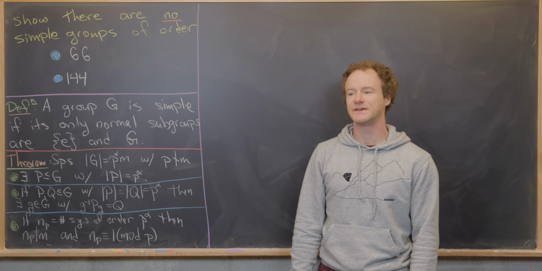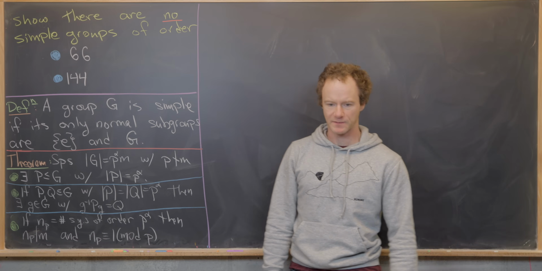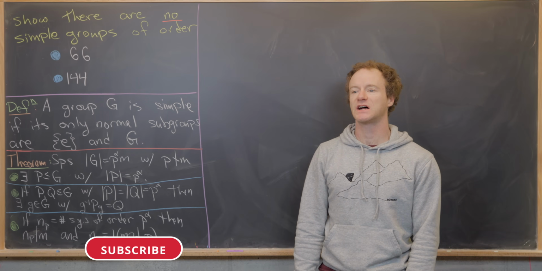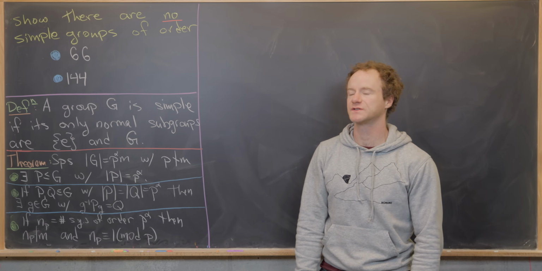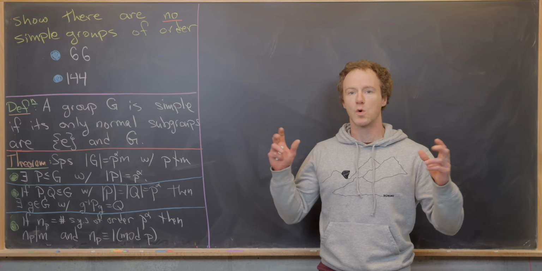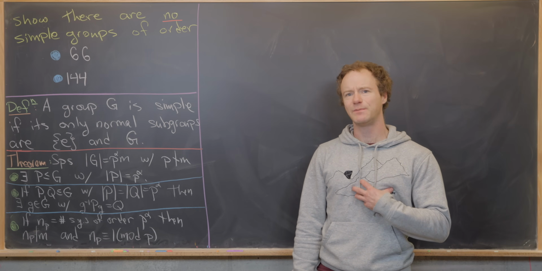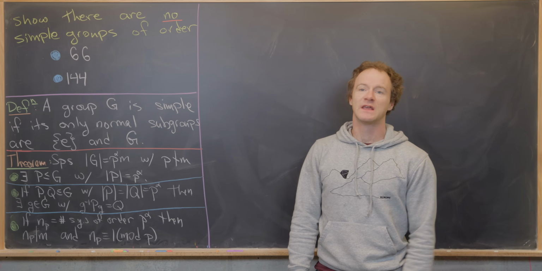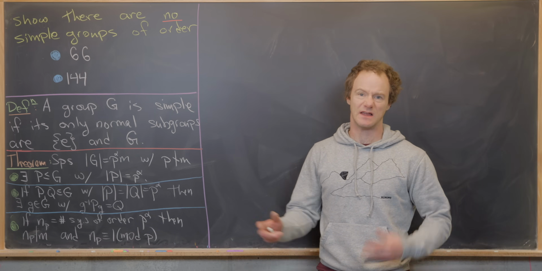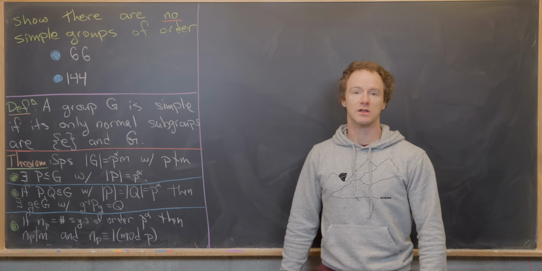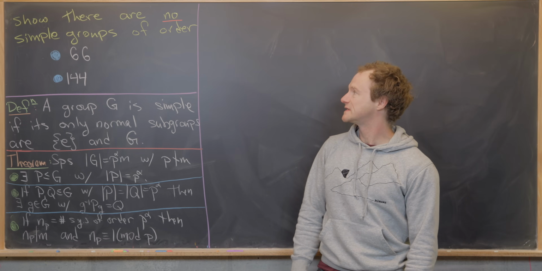We're going to do something a little bit different today. It will be a little bit more of an advanced problem. This is the type of problem that you would see at the very end of an abstract algebra class in undergraduate mathematics or maybe a first year graduate course. I'll probably do these more advanced types of problems maybe once a week from here on out, just to keep it interesting for me. In fact, it's in line with my vision of the channel, like in the future, having math of all levels. Okay, so here what we want to do is show that there are no simple groups of